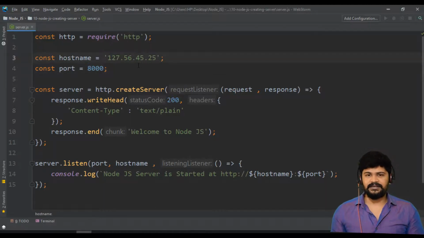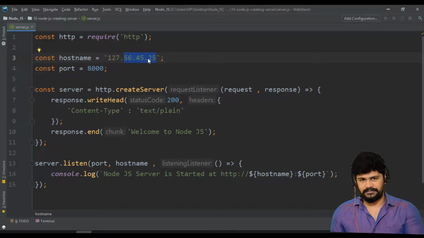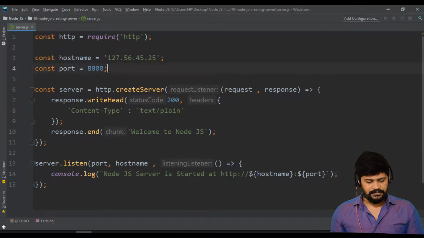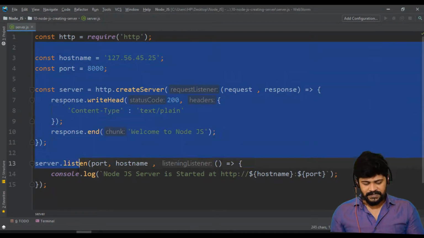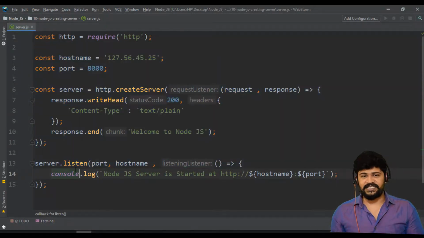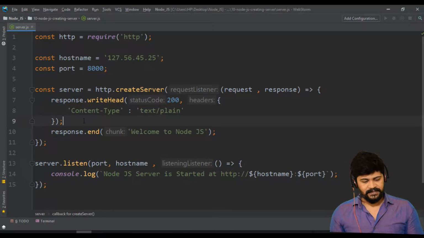Okay, so now I want my Node.js server to run on this IP address and this port number. So after 127, whatever number you have given, this all belongs to my local laptop only. Okay, everyone's laptop. So let me check. But one more thing is, whatever changes you have done in the code, you must restart the server. Okay, that's a general thing. Any code change you do, even a space, you want it to be recognized by the server, you must restart the server.